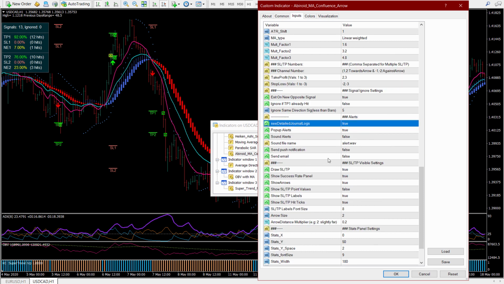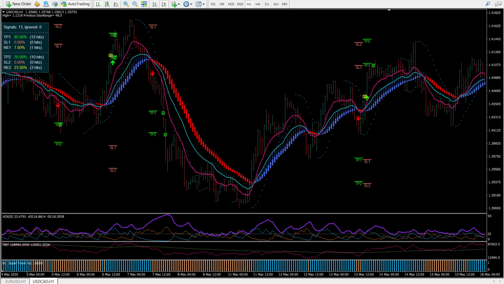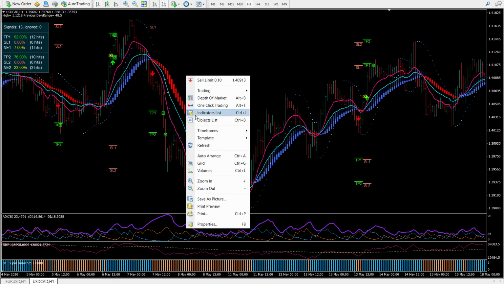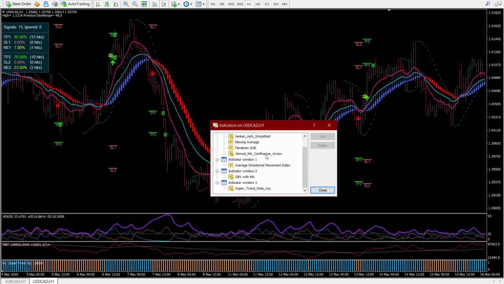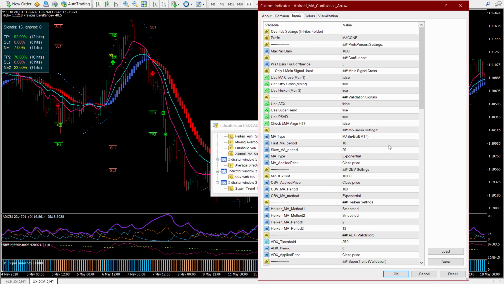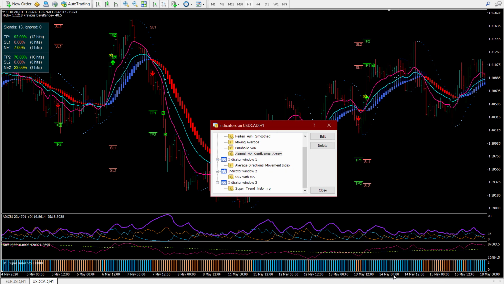So if you want detailed logs for exactly why a signal has been generated or why a signal is ignored, then set this to true, and you will get logs like, let me just show you. If I maybe make a change right here, let me set this to 5000 values and press OK.